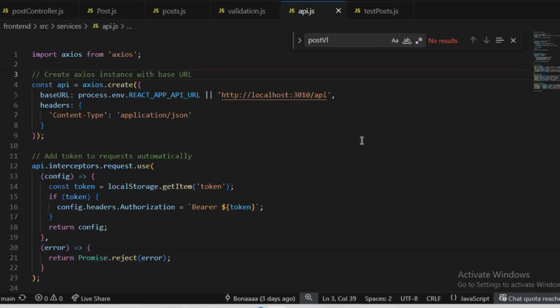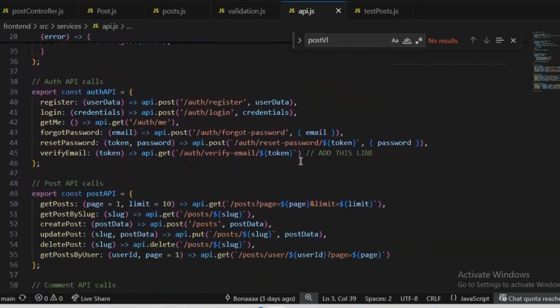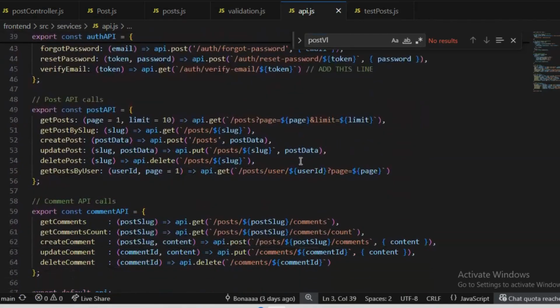Each CRUD operation has a dedicated function handling authentication header and error processing. And notice how the post API encapsulates all the post-related network operations, making the front-end component simpler and more maintainable.